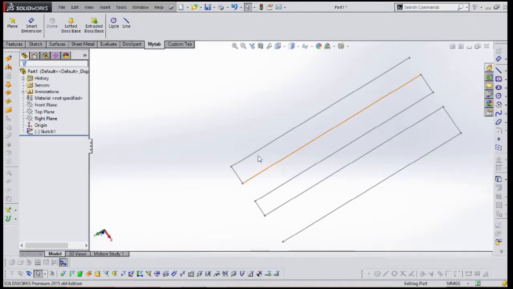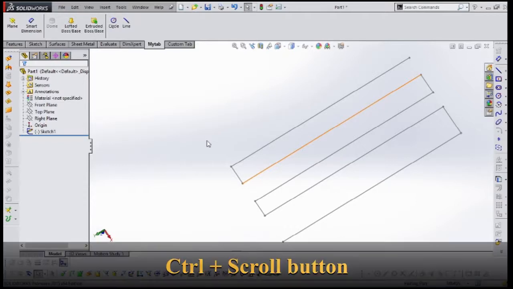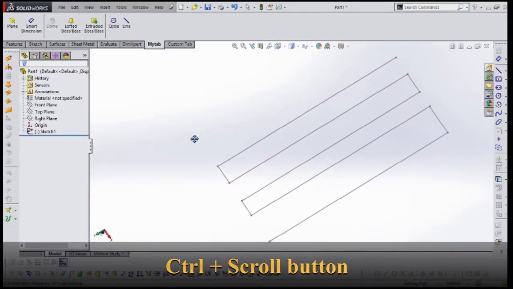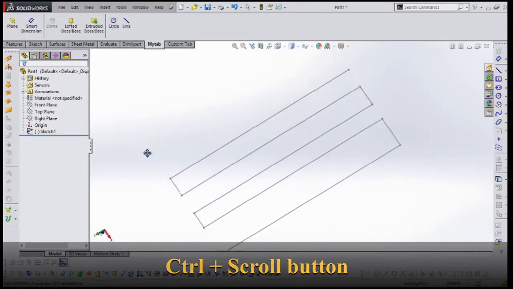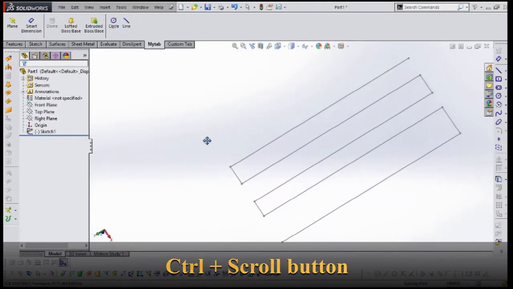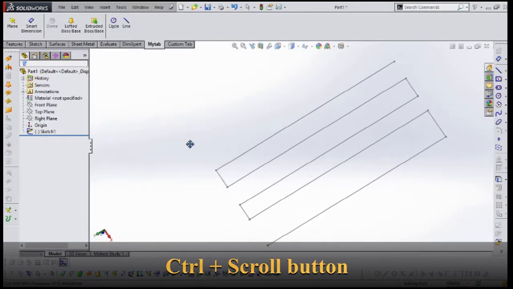These options are important. Now, how are these kept in SolidWorks? Either note it down or remember it carefully. First, the pan: Control plus scroll bar of the mouse allows you to pan the sketch, model, or image. Once again, control plus scroll bar.